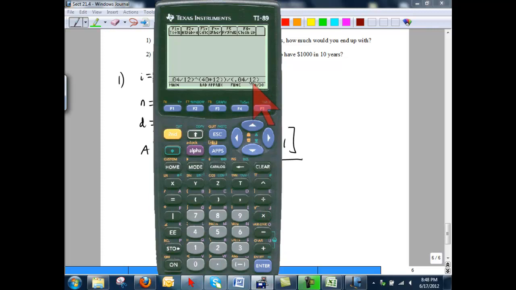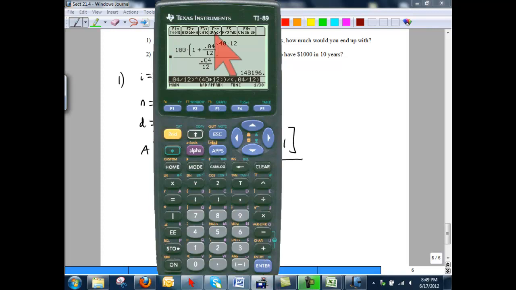Again, if I forget this last set of parentheses, what it's going to actually do is divide by this 0.04 and then take that result and divide by 12. But that's not what the mathematics says to do. Division is not commutative. You can't do it in any old order, and it needs to be done in this order. Okay, so if I push enter, the answer